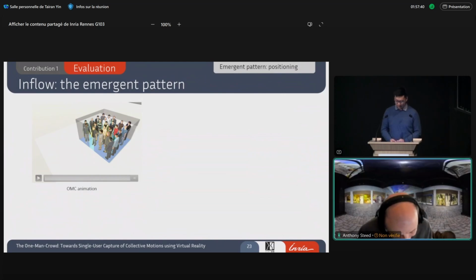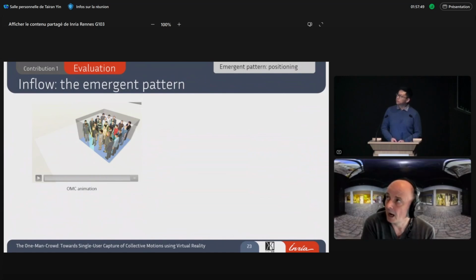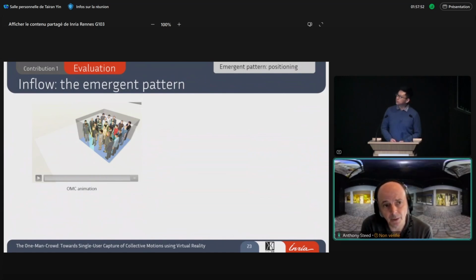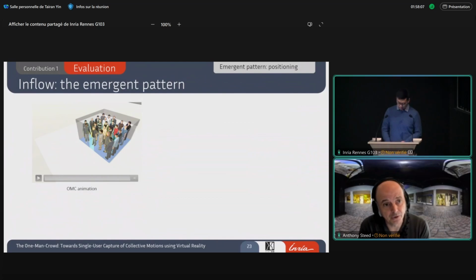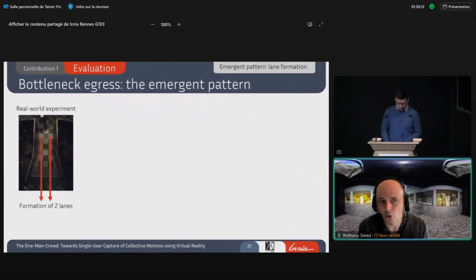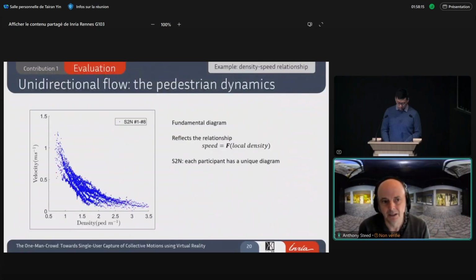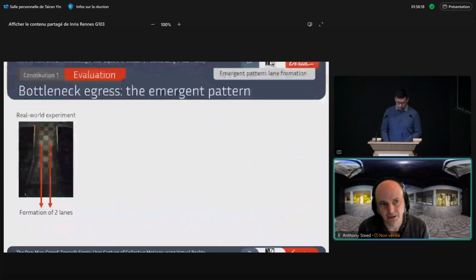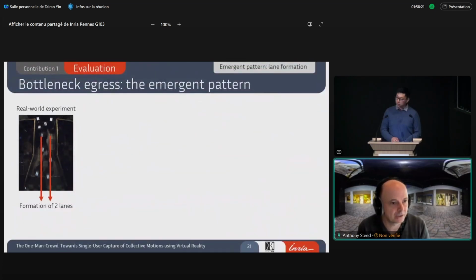Okay, that's one of my questions. Sorry. I'm quite interested in a technical check for the one-man crowd. I do think it's very important to know exactly the instructions given to the participants. And again, it's one of those learning things about reproducibility. For example, in the lane forming scenario, you said you did find 2 lanes, and then sometimes you didn't find 2 lanes. But to me, that depends more on exactly what they were told to do. Is this an emergency situation? Do you need to evacuate, or are you just leaving?